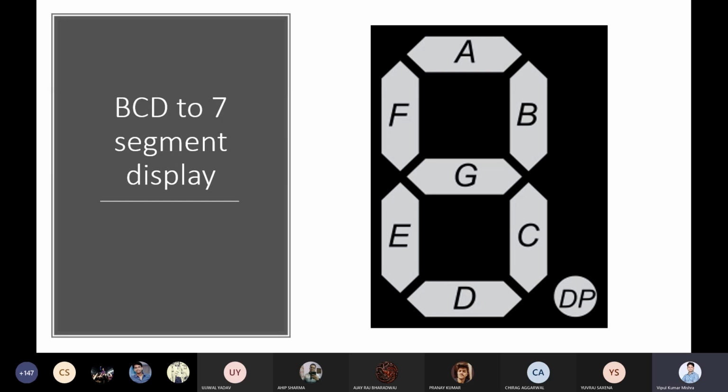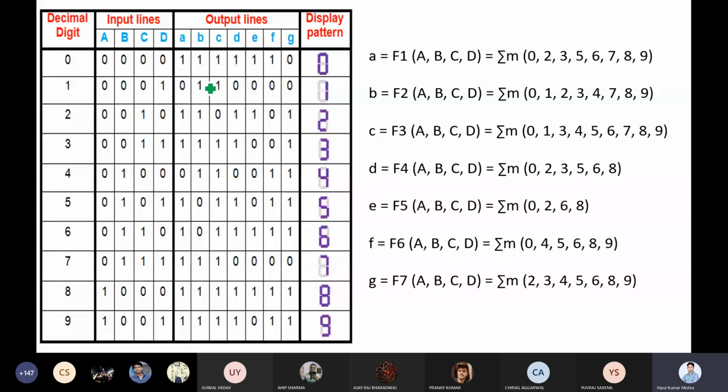So we have seen this BCD in the last lecture at the end in a hurry, so let me go through it once again. Here we have BCD to 7-segment display. Here we have A, B, C, D, E, F, G, as we already saw. Now, if you want to make a table for this, the idea was the 7-segment display that we want to make. 7 segment means we have 7 LEDs that, if you display them in an appropriate manner, will represent one particular number from 0 to 9.